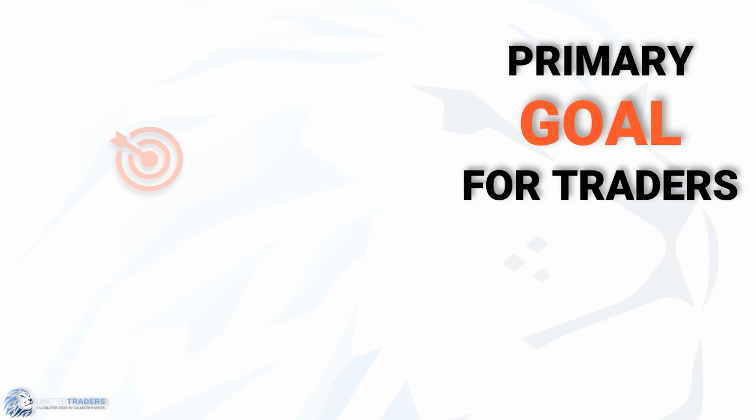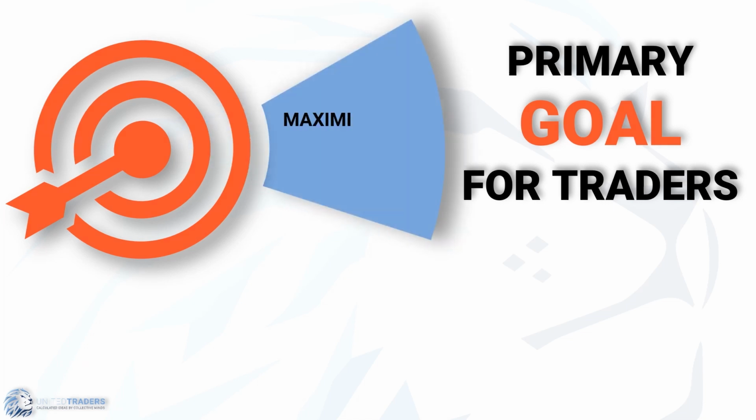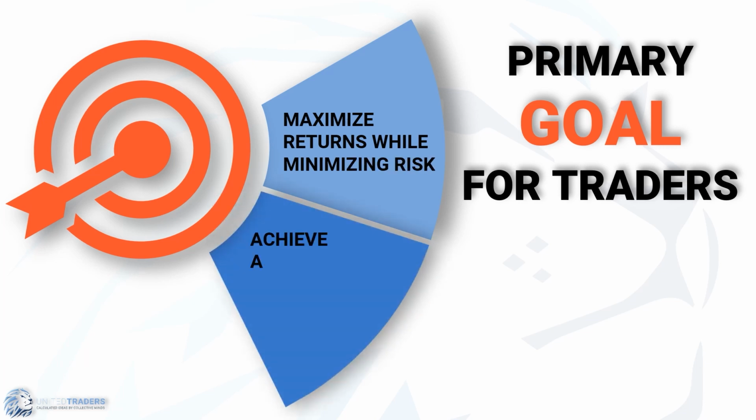What is the primary goal of being a participant in the market? Almost everyone who is involved in the financial markets has the same goal: to make money. Of course, we would all like to maximize our profits and minimize our losses. To do this, we must not only calculate what returns we should expect from any trade or investment, but also to identify, analyze, and mitigate or minimize any downside risk that is possible within our strategy.